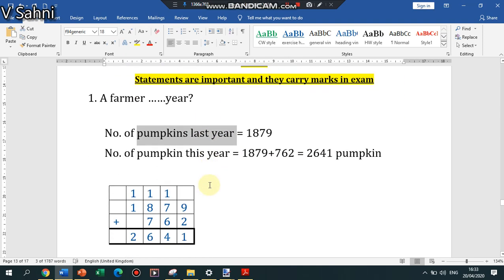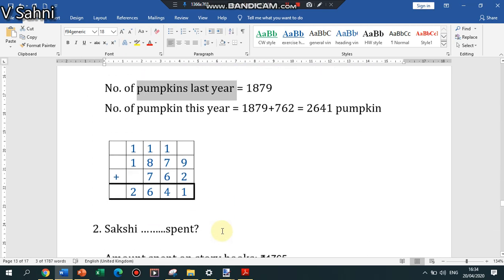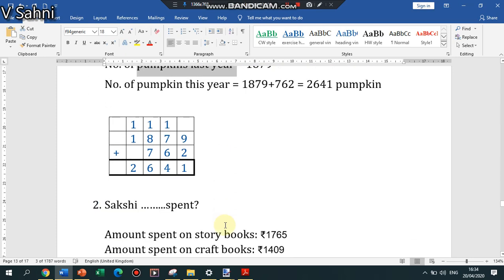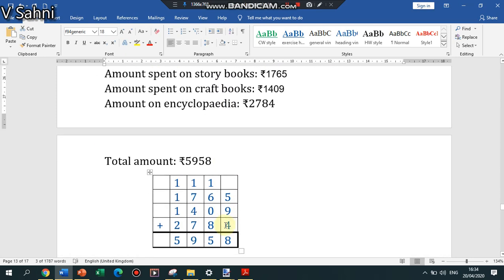If the question is for 2 marks, half mark is awarded for the statement. Even if your answer is 100% correct, but you have not written the statement, I will give you 1.5 marks. Please understand these things. Writing of statements is important in the addition chapter, subtraction, multiplication, division. All these 4 chapters, the same concept I will follow, that statements are important. Even if a single digit is wrong in the answer, please consider the answer as wrong. This is not English where we will give you some marks. Now what I want from you is, this question you are going to attempt yourself.